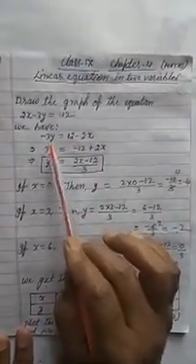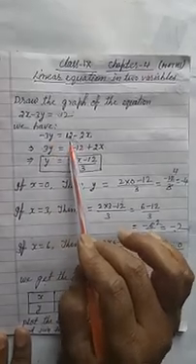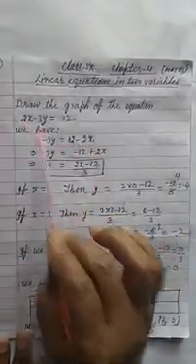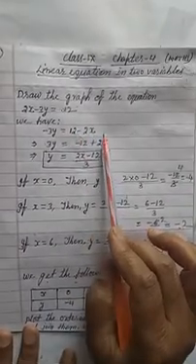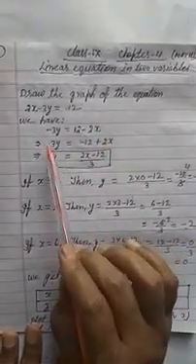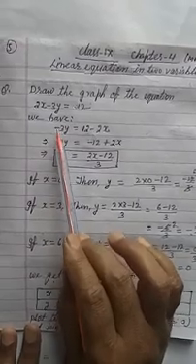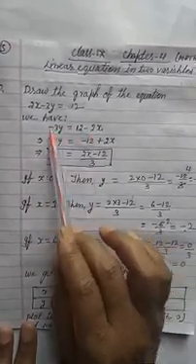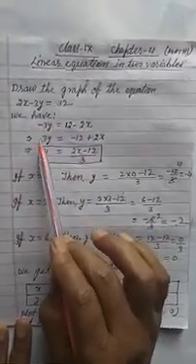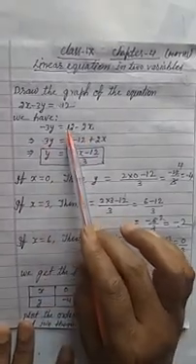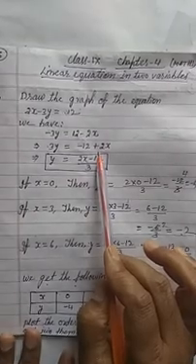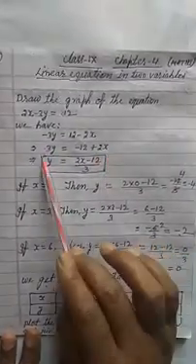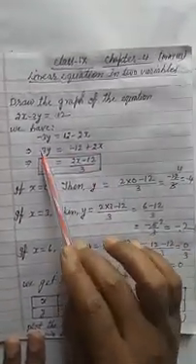We can write minus 3y is equal to 12 minus 2x. Here is a plus sign, here it becomes minus. So 12 minus 2x. Now how do we remove the minus sign? Multiply both sides by minus. Here minus into minus is plus, here plus becomes minus, and here minus into minus is plus. In this way we remove the minus sign by multiplying both sides by minus.